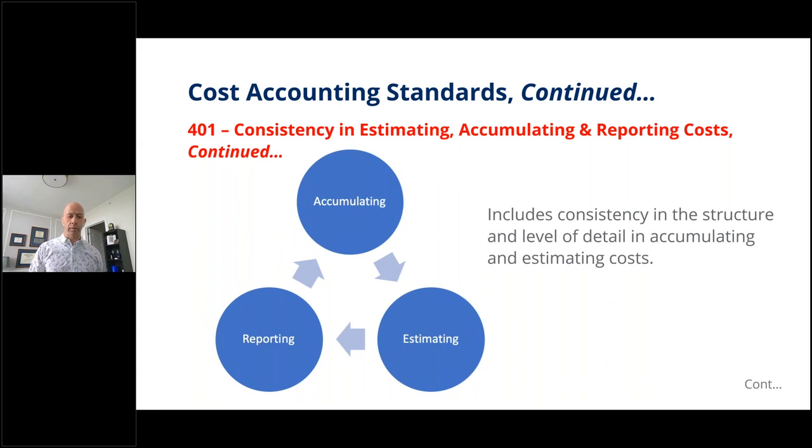A perfect example here is if you use standard cost in your collection method, in your accumulation and reporting, then you use standard cost in estimating. You can't say, well, we report it one way over here, but we're going to do it a different way over here. We have some clients where the way they capture and report payroll costs, for example, is by labor category. They do a blended approach through standard costing. If that's what you do, then that's the way you bid it out.